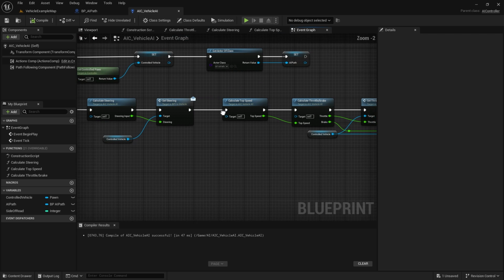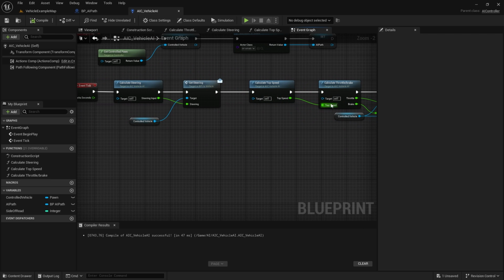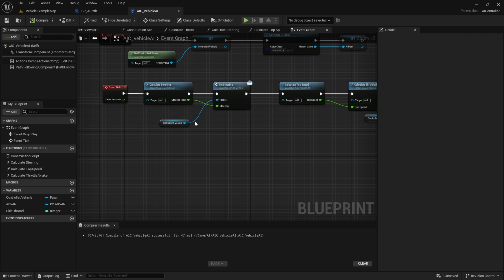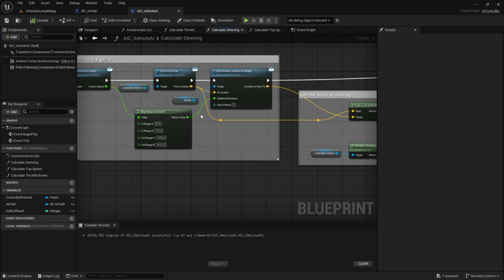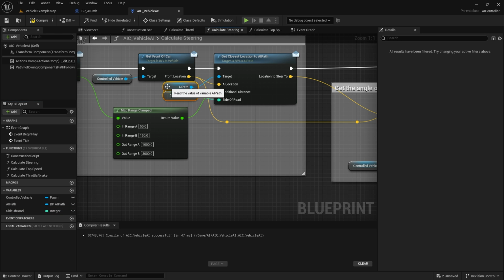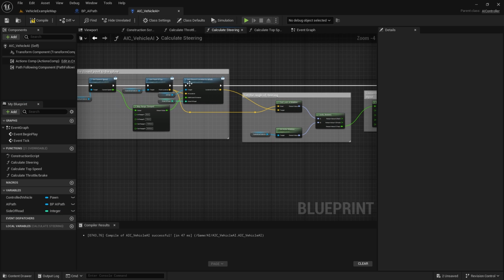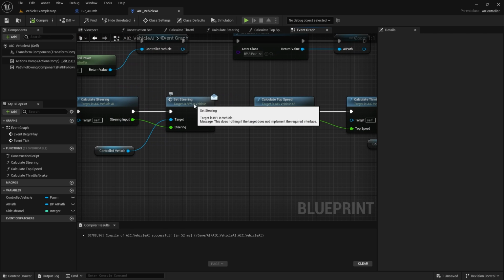So in every function that uses that function to find the location to drive to, we need to go ahead and plug in our side of road. So let's go ahead and do that. We're going to go to calculate steering first, drag in the side of road here, move it down a bit, move both of these up a bit, and just move that one down. That's set up. We can compile, save, go back to the event graph, set steering,